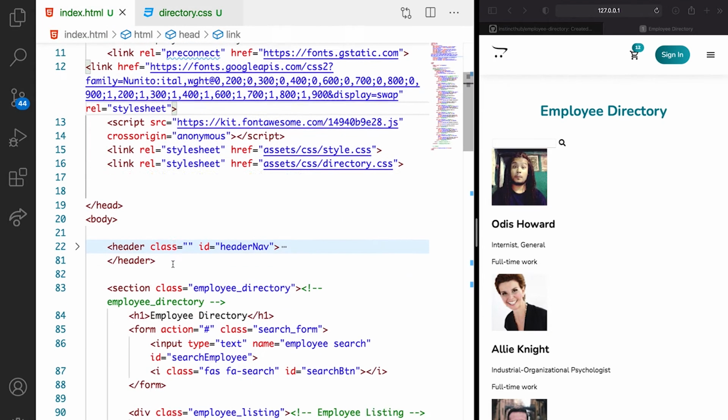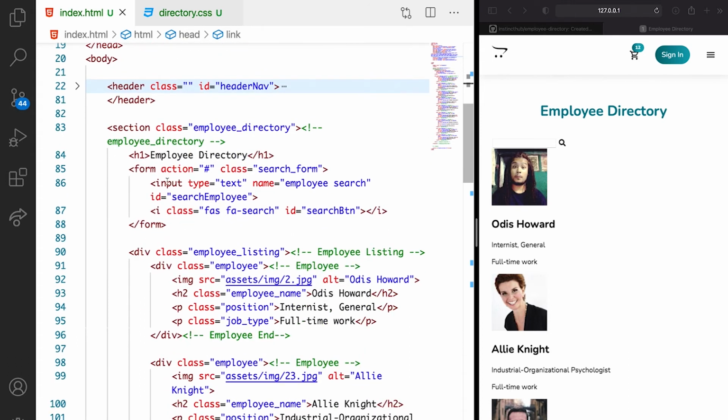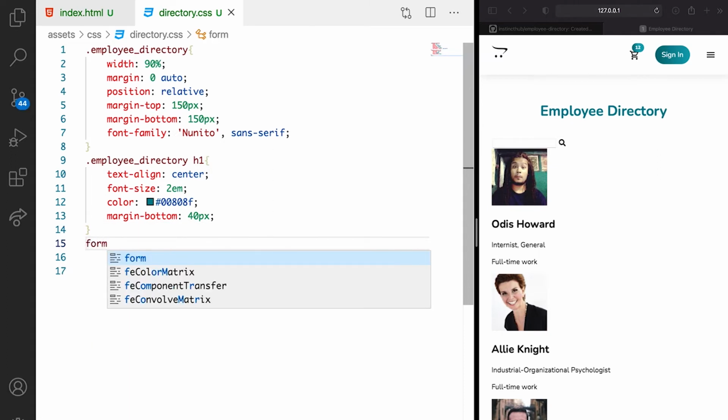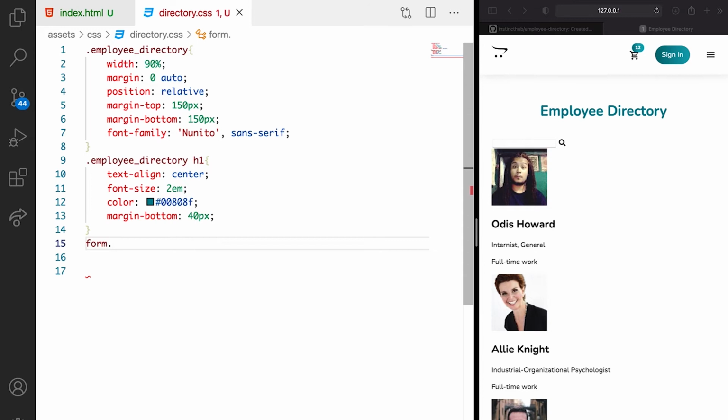All of these classes exist in our HTML. So you can see form, and inside form, you see a class of search form. So we're going to combine these two things together. So whenever you see a form that has a search form class, apply this very style that we're about to declare. So we can just say form, then period, then call the search form class,